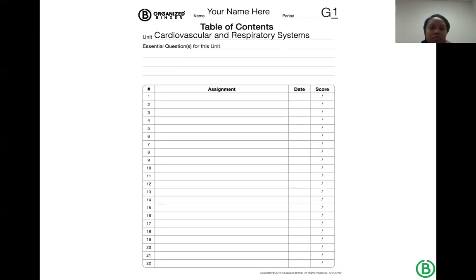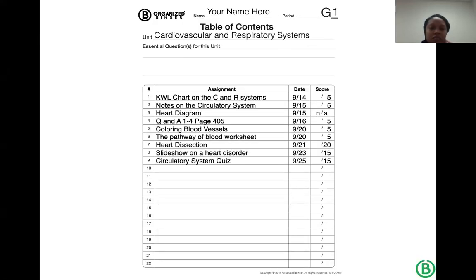All they're doing is writing that number so that when they flip through here, and when I'm checking their binder for organization, G1 would represent the first unit of the school year. I could just flip behind there and I would see 1, 2, 3, 4, 5. And what's really interesting, actually, even though they're writing this down and recording their score, they're involved with what they're doing, they know when they're missing something now. So they'll flip through and it'll be number 1, number 2, number 3, and they don't have number 4, and hands start going up, students start coming to see me.